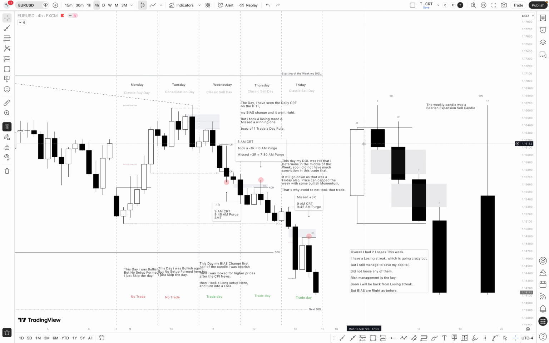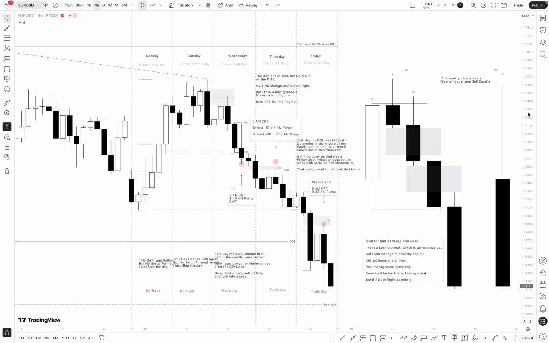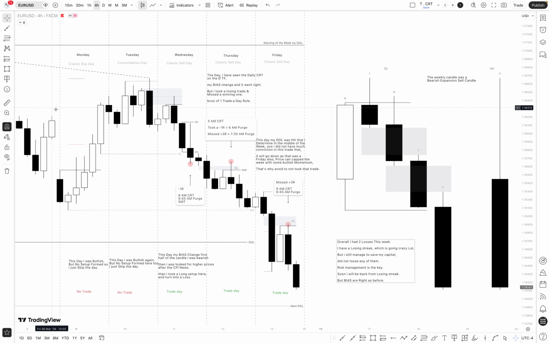After setting up the high time frame candles, I use vertical lines as daily separators like this. Then I use text to mark Monday, Tuesday, Wednesday, Thursday, Friday, or the day names. And then I decide what the candle did that day, and